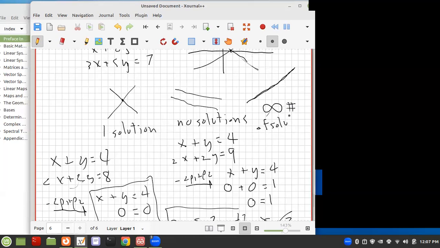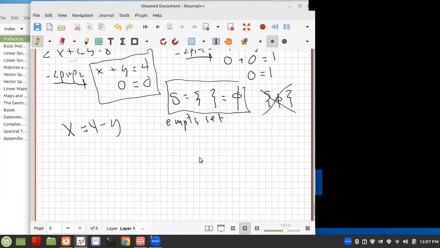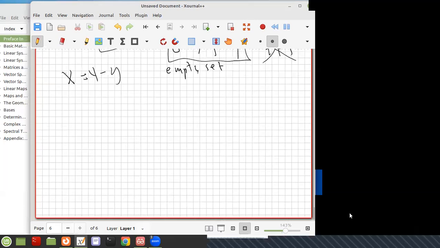Those are the only three possibilities. There's no linear system that has, say, just two solutions, no matter how many variables you have, no matter how many equations you have. So this is sort of a pattern. And one of the goals we'll try to do is to see how that works, how we can understand that. Okay, so let's